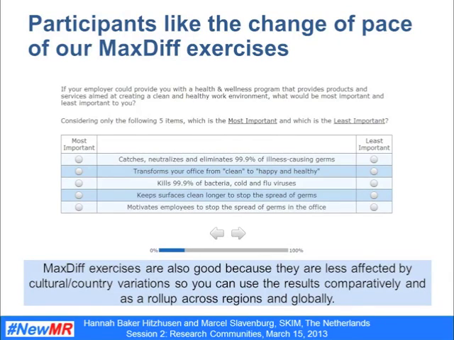We included different quant exercises and alternated that with the dialogue that was going on. Here's an example of the MaxDiff exercise that we included in our online bulletin board to get a glimpse of the priorities of health and wellness programs in this case per country, but also to make sure that with the number of respondents we had, we got a global feel and a good base of answers. The exercise is good because you can compare it on a global level.